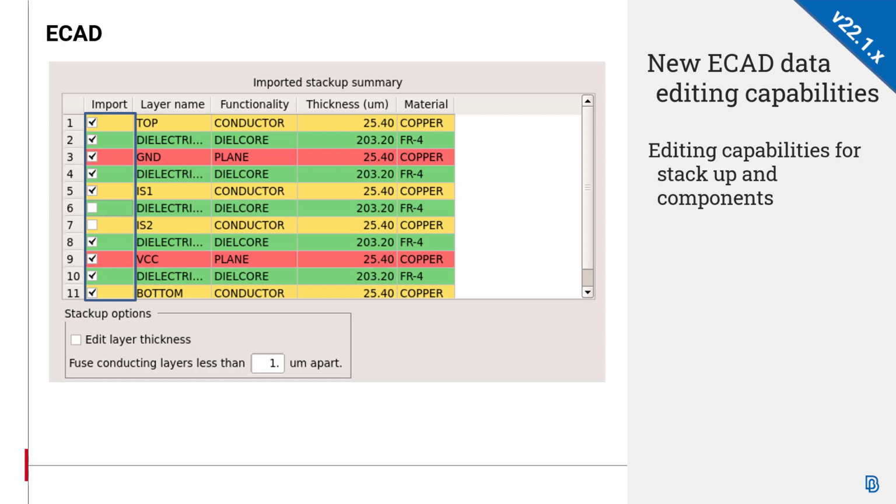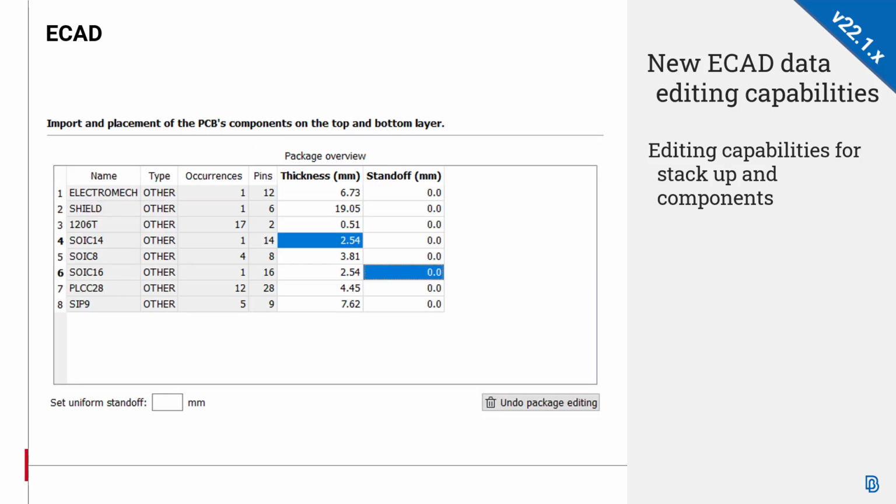Since version 22.0, users can edit the layer thickness and can merge layers, while in version 22.1, users can also select the layers to be imported. In addition, since version 22.0, the component's thickness and standoff values can be modified as well.